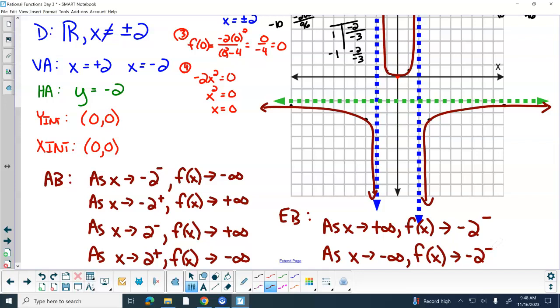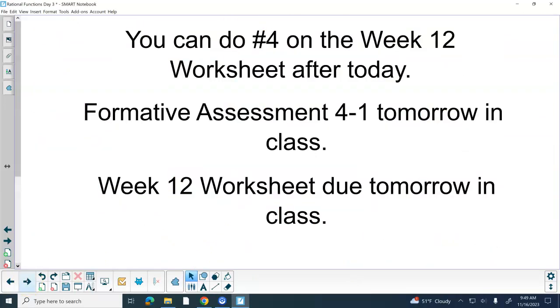Questions, comments, concerns, clarifications? Seeing none, you now have the ability to do all of this week's blue homework. Yep, so you can now do all of it on the blue worksheet, formative assessment tomorrow, and then that blue worksheet is what you did earlier for